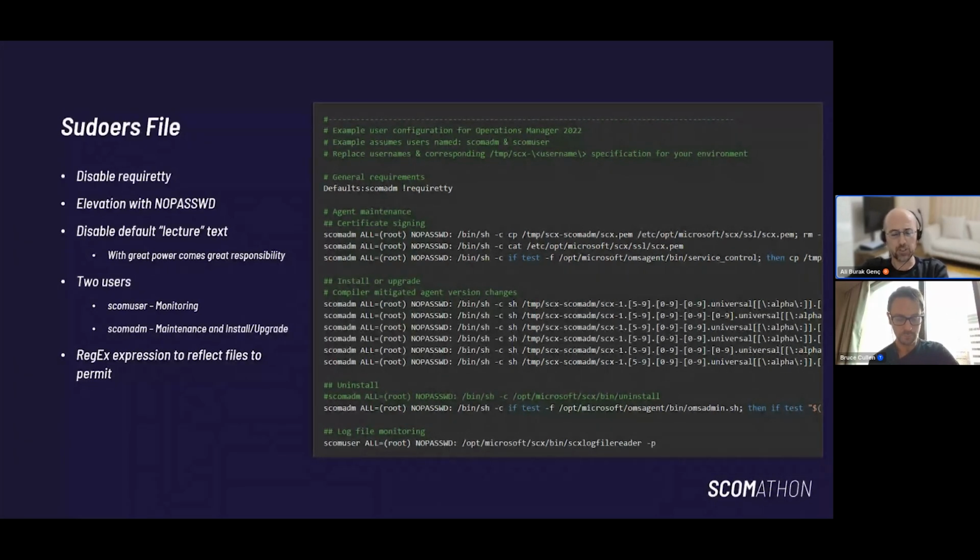Certificate signing and uninstall sections have static commands that do not change from version to version and hardly cause any trouble. But the install and upgrade section is built on regex expressions to reflect changing versions and package types like D for Debian and R for RPM.